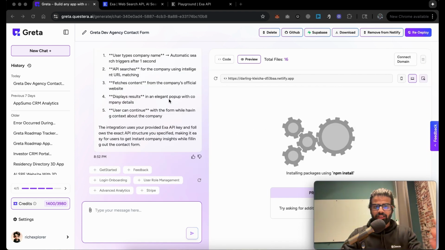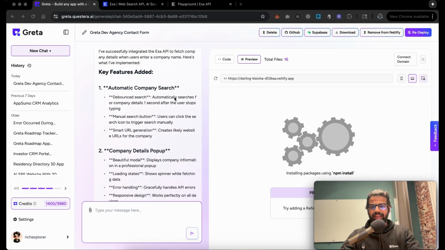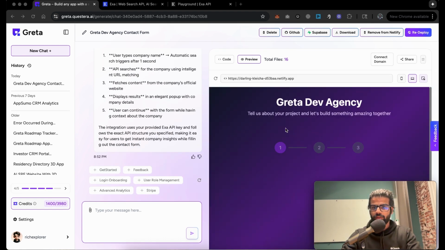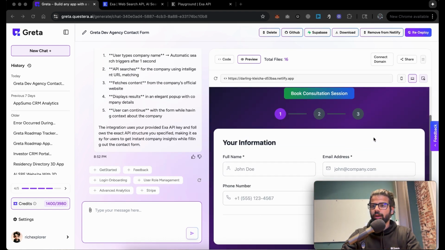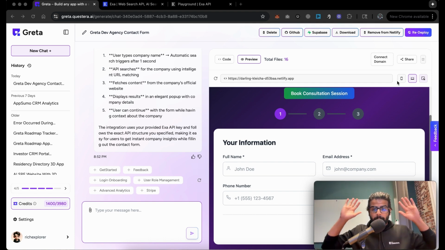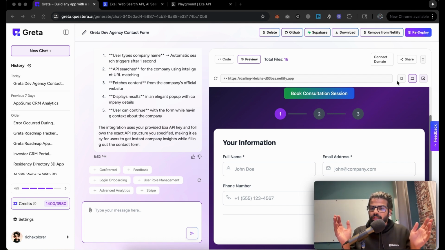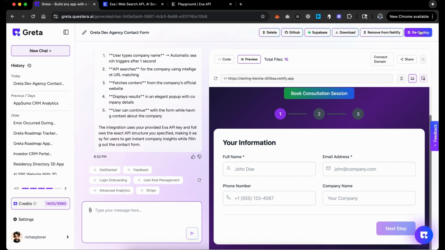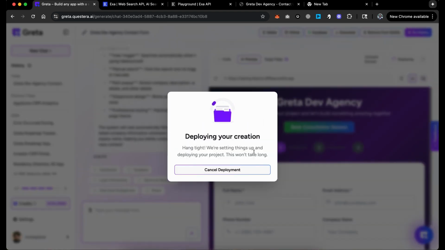Okay, so it has written a bunch of code, and in a second we'll see how it looks. Let's say you want people to be able to take the result from Exa API, and then pass it to OpenAI to beautify it or to summarize it, you can do that by giving Greta the OpenAI key. Make sure again, none of this information should be public. Your repository should be private. Everything should be private. So I'll redeploy, and it should take a few seconds.